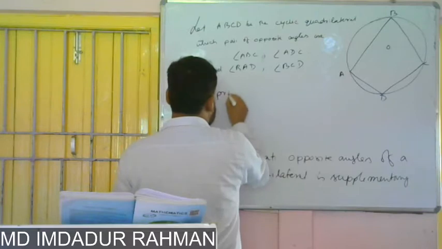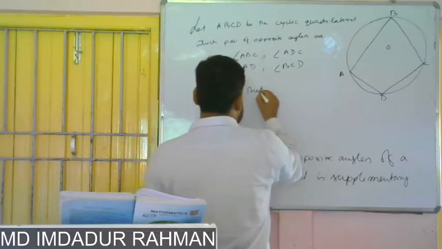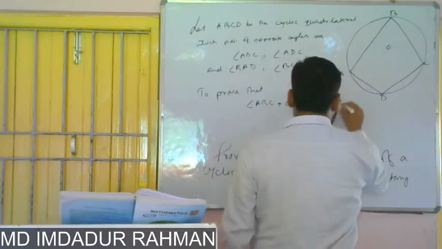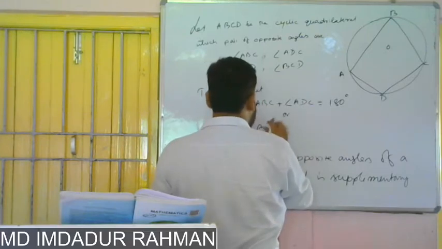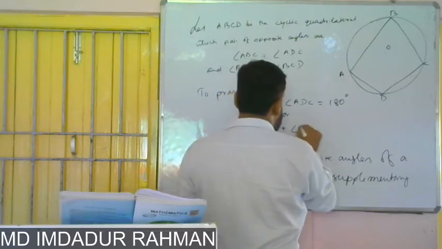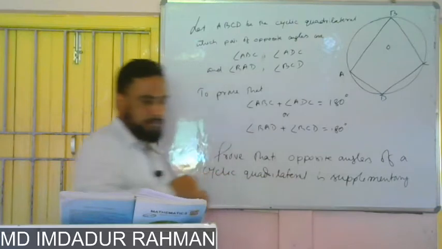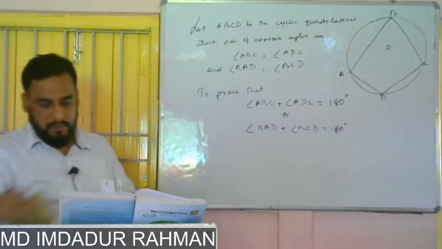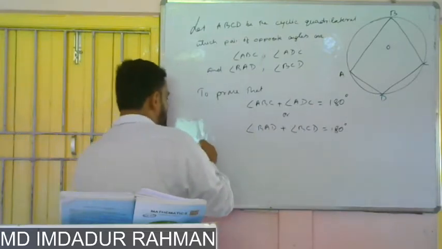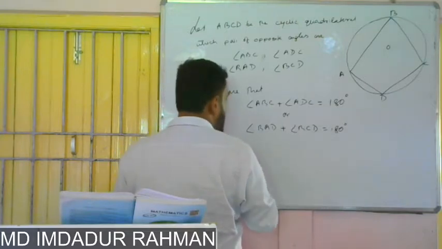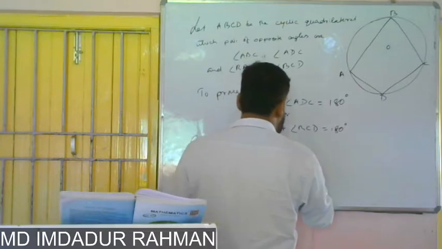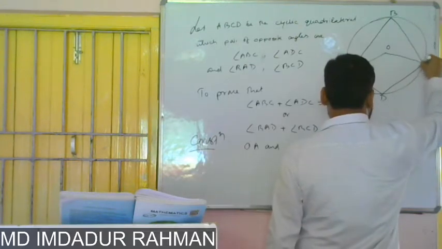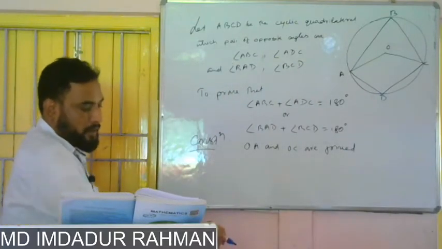To prove that angle ABC plus angle ADC is equal to 180 degree, or angle BAD plus angle BCD is equal to 180 degree. Either of these two lines we have to prove. Construction: for that we need one construction. OA and OC are joined. We have joined OA and OC,